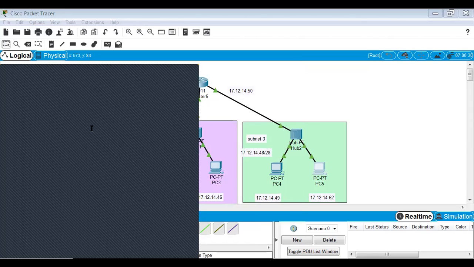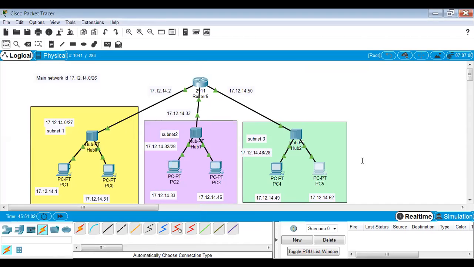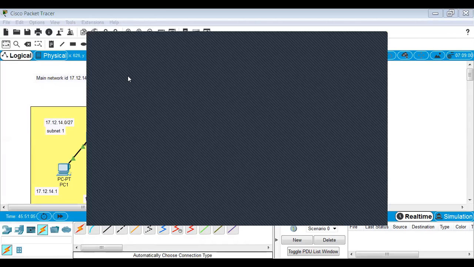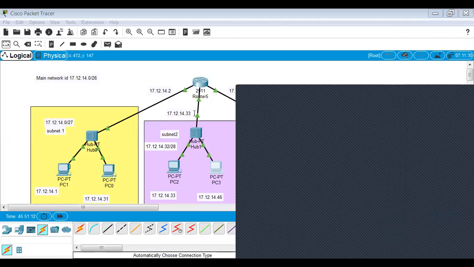So that will be the gateway address. Okay, for this one the gateway we had not set. So the gateway address is this. For subnet 2, it has to go through this channel. So the address that was set is this one. So we'll set the gateway address.